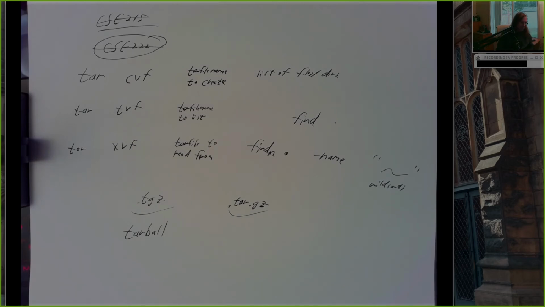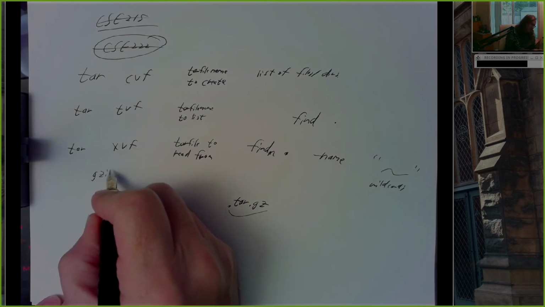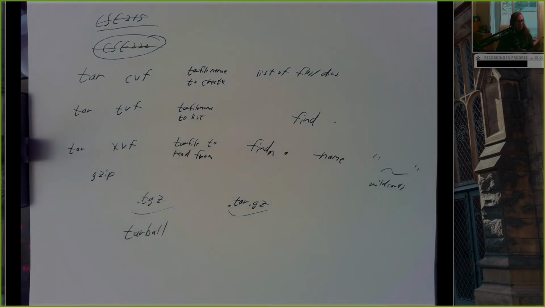So tar doesn't compress on its own. Tar does not compress. Tar just makes an archive, and then we usually follow that with a gzip. And I think there's a switch you can put on tar which says go ahead and gzip. So I guess tar is specifically for like converting it to magnetic paper tape or something, whatever those are called.